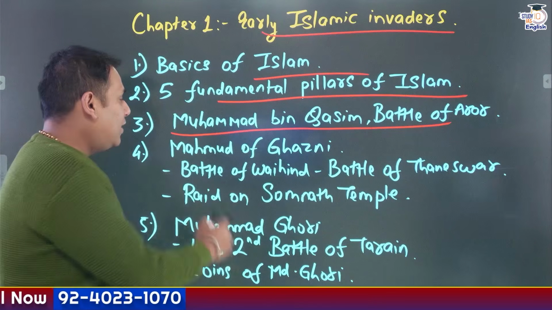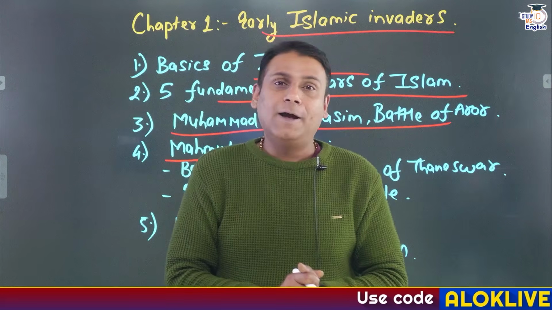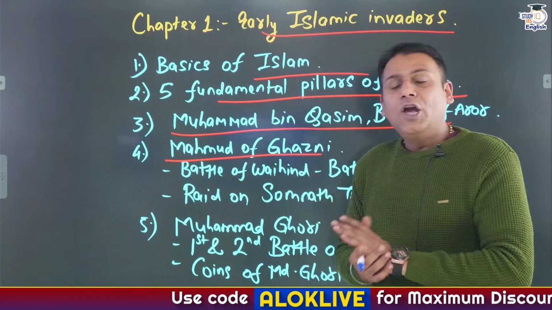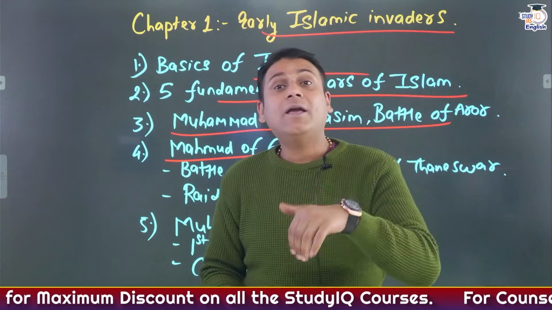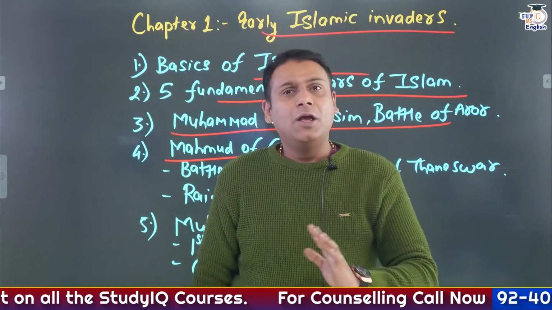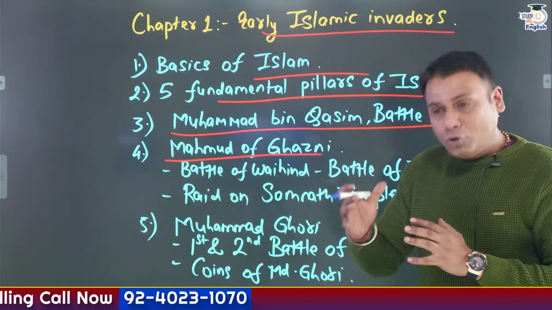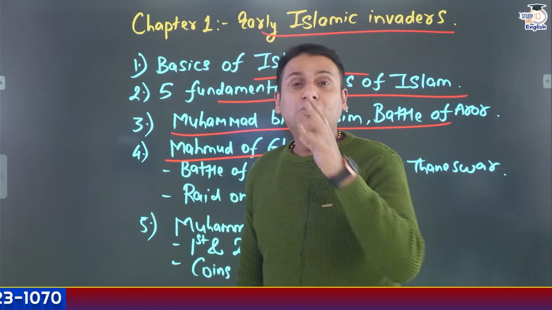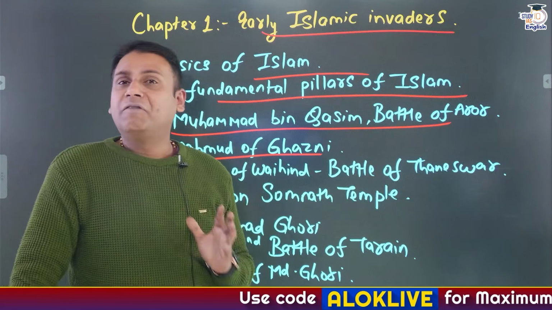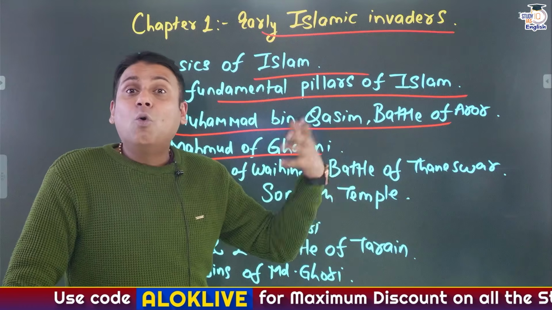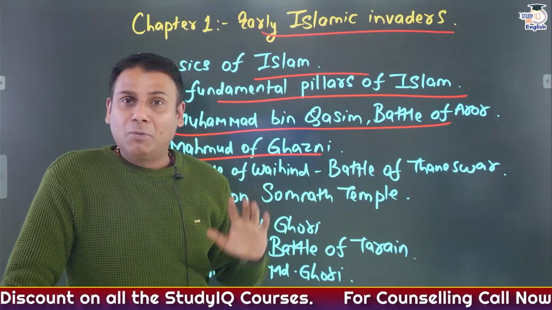Then the second Islamic invader of India was Mahmud of Ghazni. Now what was the purpose of Mahmud of Ghazni attacking India? Mahmud of Ghazni only had the intention to plunder India. He never had the intention to make India his home. Okay, so he only had the intention to plunder India, that's it. Apart from this, Mahmud of Ghazni had adopted a strategy. He usually attacked India before the onset of the monsoon. Why? Because he knew one important fact, that the rivers of India are overflooded during the monsoon season.